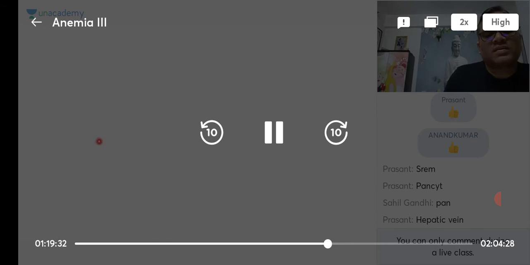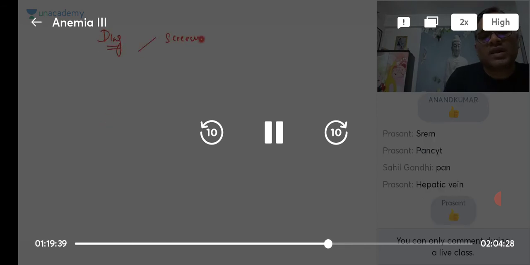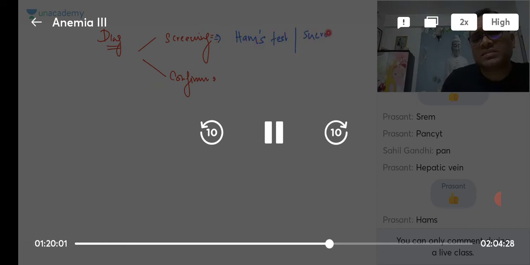Now coming to the screening of PNH patients, when we are talking about diagnosis. In diagnosis we will do two things: screening and confirmation. So what is the screening test for PNH? Can you tell me in the comment box? The screening tests are Ham's test and the sucrose lysis test. Nowadays we don't do these, right? Ham's test or sucrose lysis is not performed nowadays. But the examiner asks it in MCQ exams, so you have to remember.